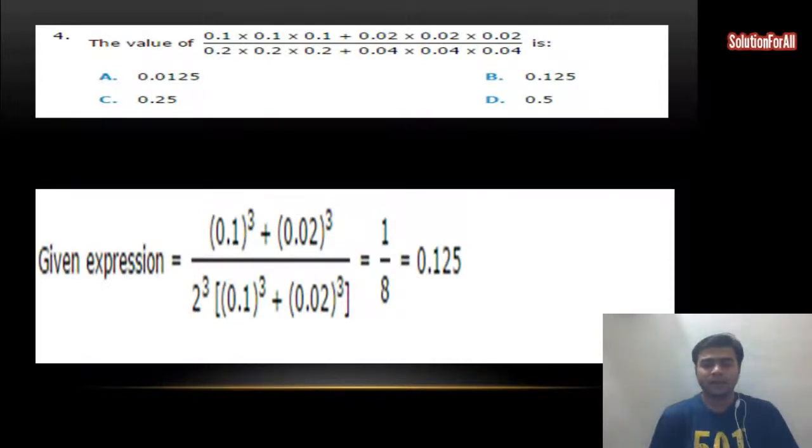And again, we have used the formula over here. So we didn't need to break the formula because the terms got cancelled out from numerator and denominator. So again, I'm telling you, it's very necessary to memorize all the formulas. So I'll proceed to the next question now, that is the fifth question.